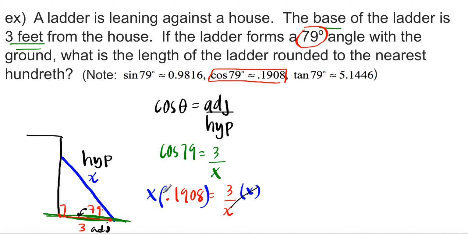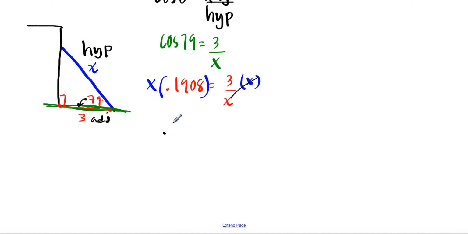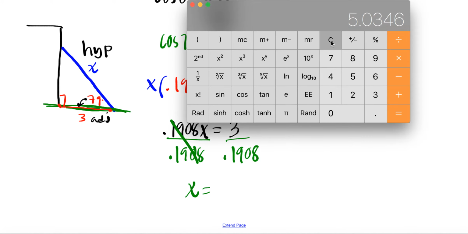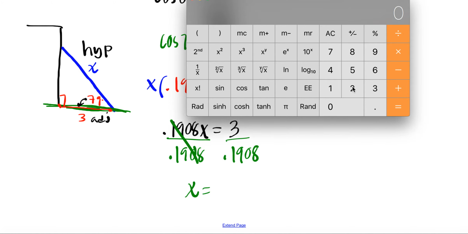And then this leaves me with 0.1908 x is equal to 3. And then I'm just going to divide by 0.1908 on both sides. And those cancel. And then 3 divided by 0.1908. We can get our calculator out for that again. 3 divided by 0.1908